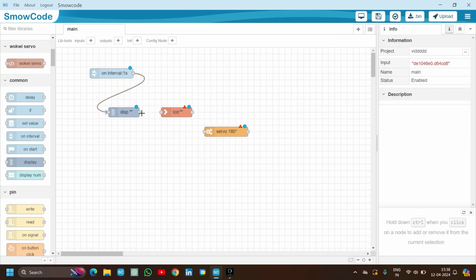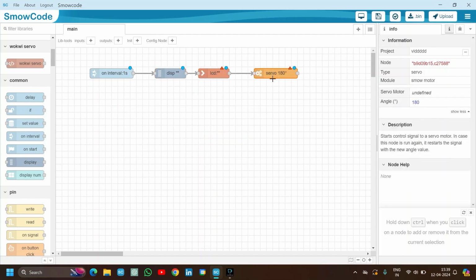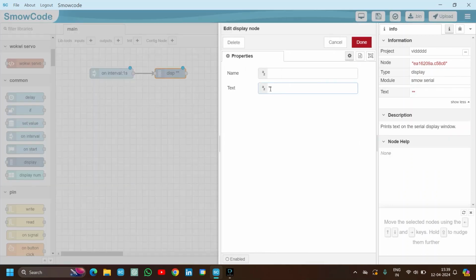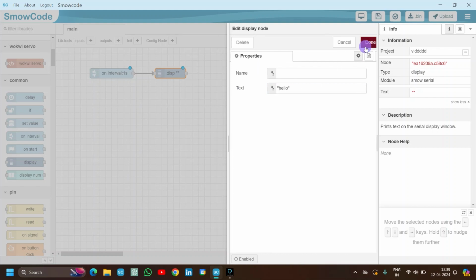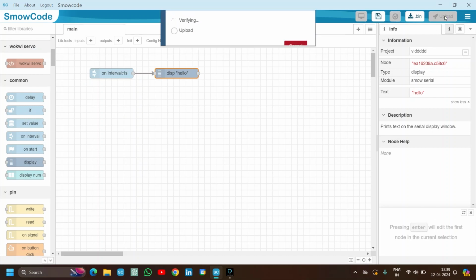The flow is very easy, but sometimes no matter how easy your code is, you will still face some issues with the output. For that, first of all, start with simple things. Start with a display node. If you want to display hello on the LCD, first try to display it on the normal display node, so that you can at least see whether it displays on the serial monitor or not. So now if you upload this,